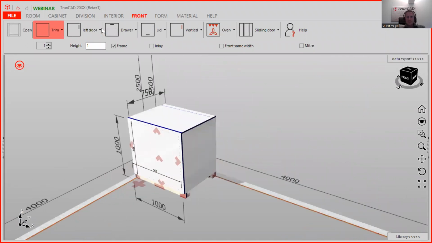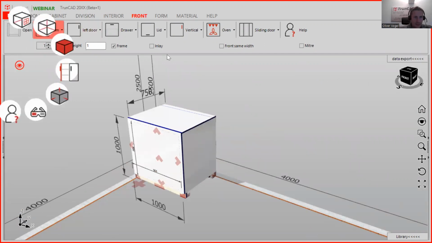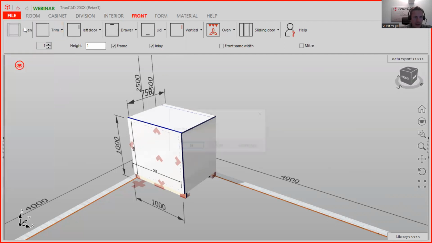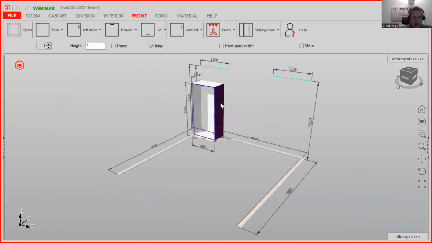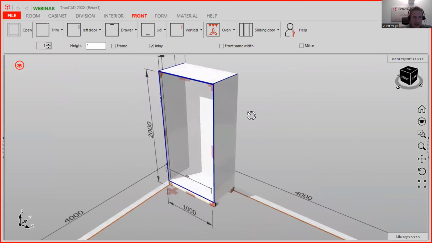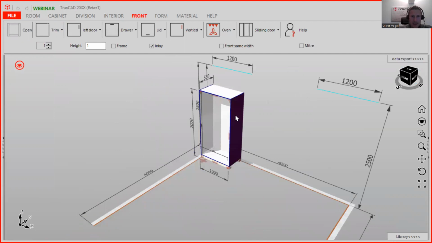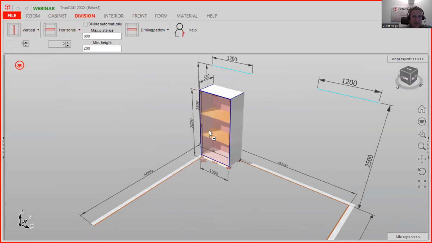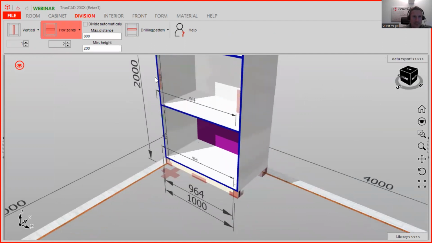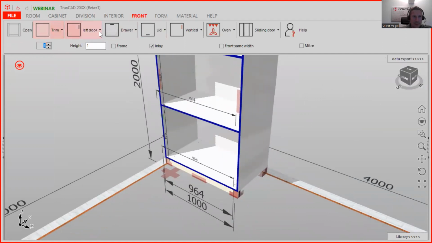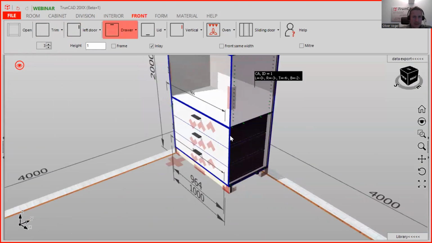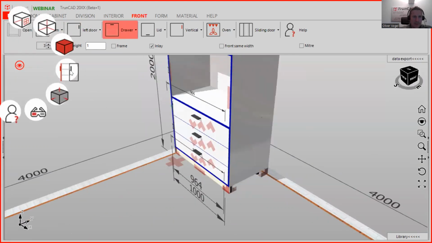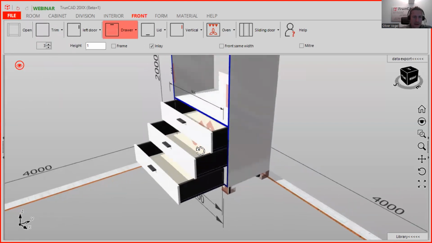So, the last one that I want to show you, but it wasn't working now in my patch because there is an error on my local computer, whereas for my colleague it was working, is when you have front drawers. And when you open it, you now have the function